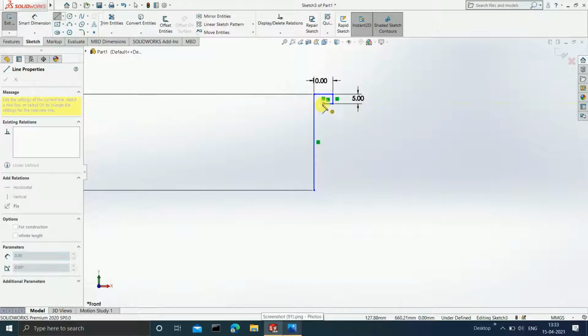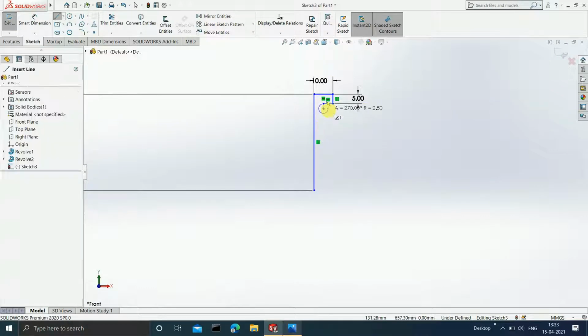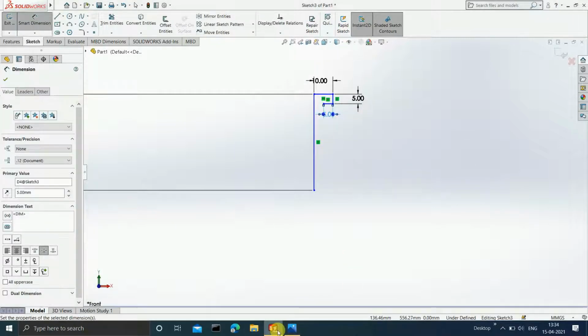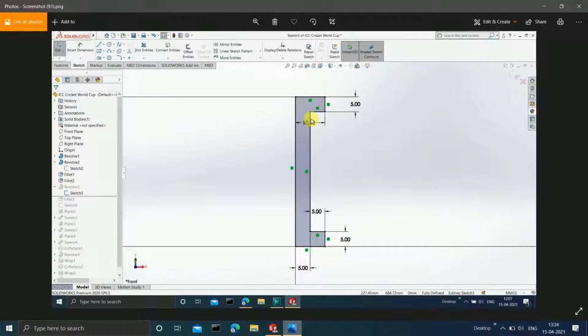Okay, then from this click on escape, go to smart dimensions, make it 5, click on OK, then draw a vertical line now, and that vertical line is of how much? See, 50, this total is 50, 50 minus 5, 45, 45 minus this 5, which will become 40.